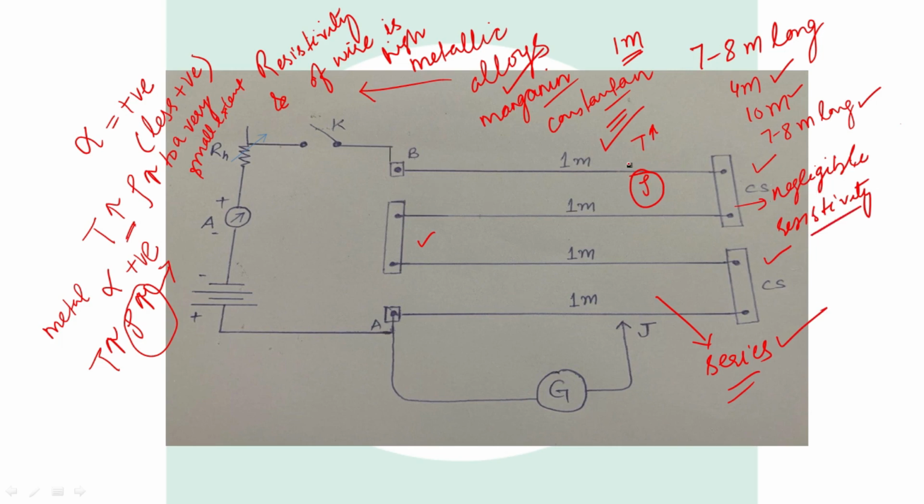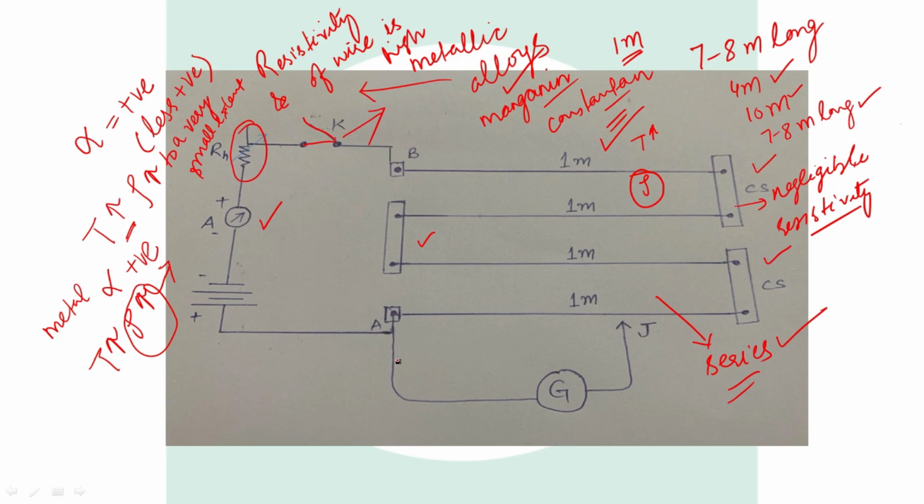So this is the potentiometer. Here at point A, we use a battery, and the positive terminal of the battery or cell is connected to point A. Then we use an ammeter in series. The ammeter is used to measure the current in the circuit, and this is the rheostat. It is used to decrease or increase the resistance in the circuit, meaning it is used to control the current in the circuit. This is the key, it acts like a switch. When we close it, current starts flowing from the positive terminal to the negative terminal, and if we open it, current will not flow through the circuit.